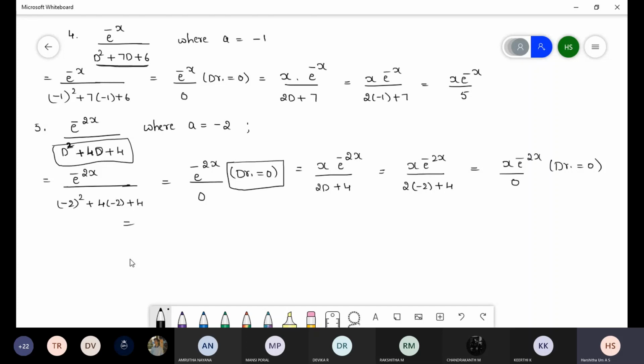So the denominator is equal to 0. So in the place of x we have to just increase one more, that is x square e power minus 2x, differentiation of this term, f dash of d. So differentiation of 2d is 2. This is the final answer. If d is present, then only we have to substitute d is equal to a. Or else if we get only a numerical at the end of the differentiation, you can leave it up to the last term.